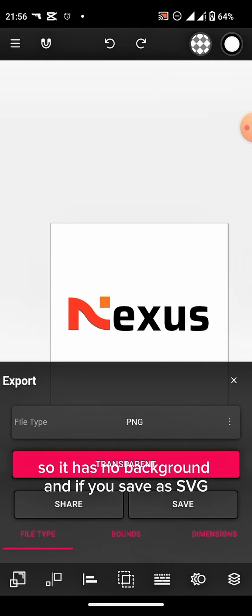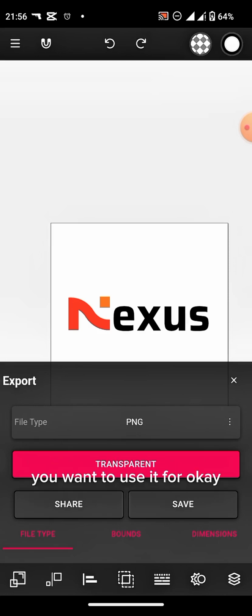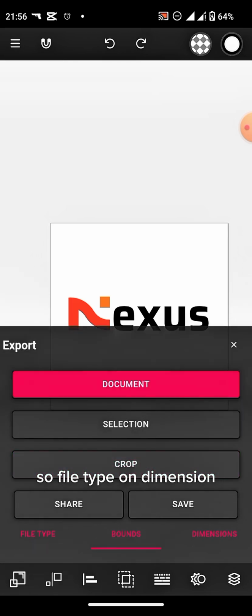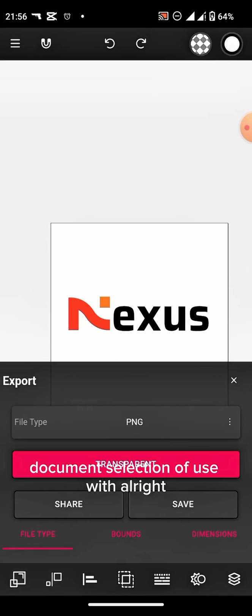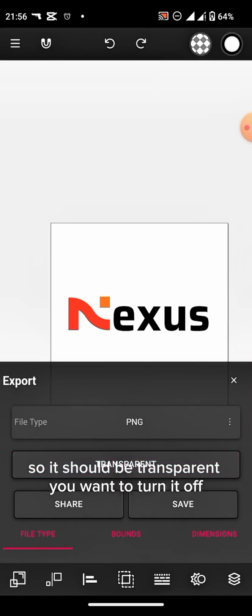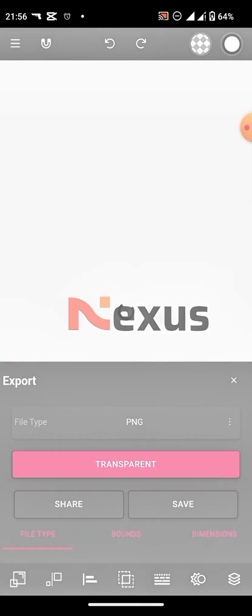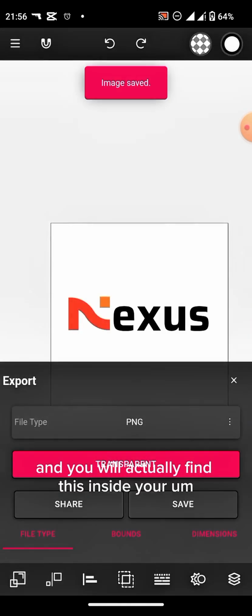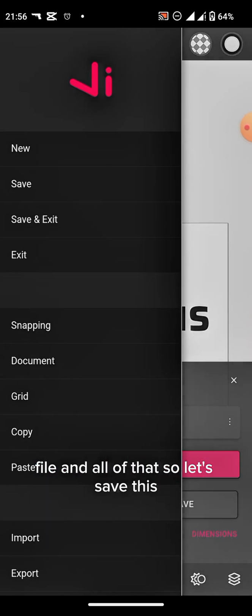And if you save as SVG, which is the one that is locked, simply because I've not subscribed to it, you'll be able to change the color. But as PNG, this will be transparent. You can use it across any media you want to use it for. Okay, so file type, dimension, document, selection, page width. Right, so it should be transparent. You want to turn it off? Yeah, fine. So click on save, and you will actually find this inside your file and all of that. So let's save this,